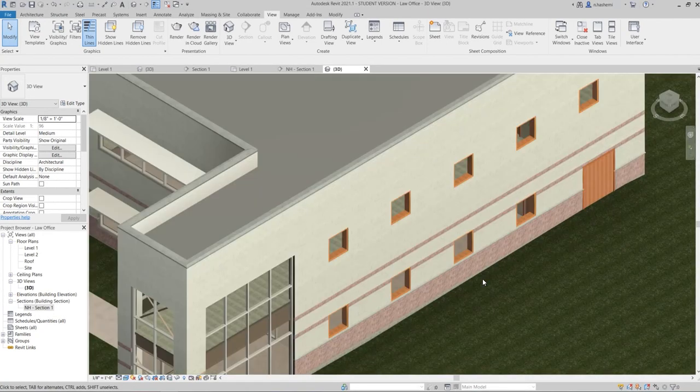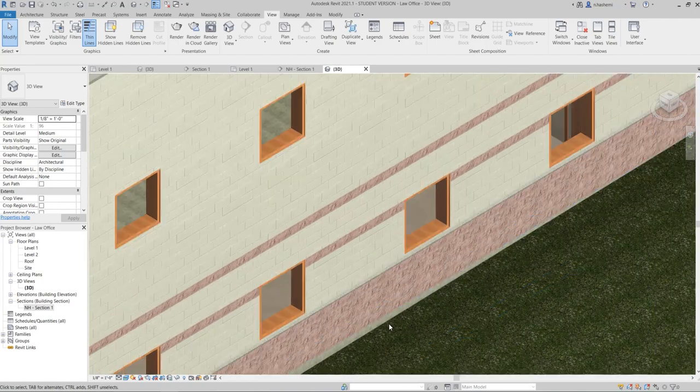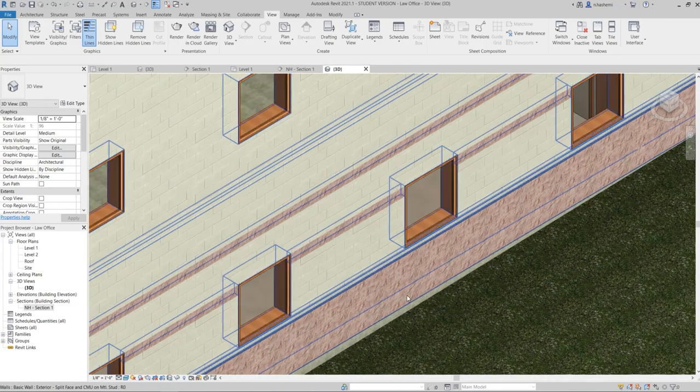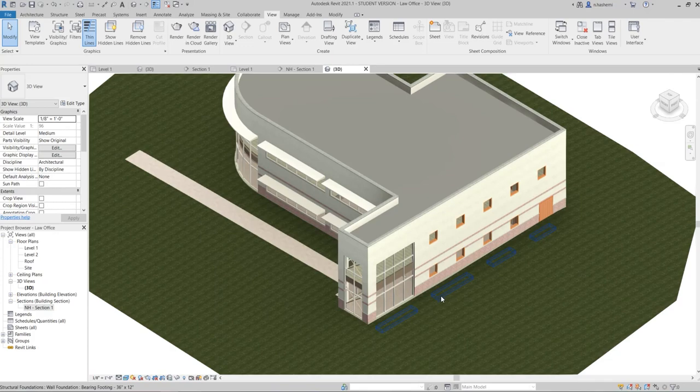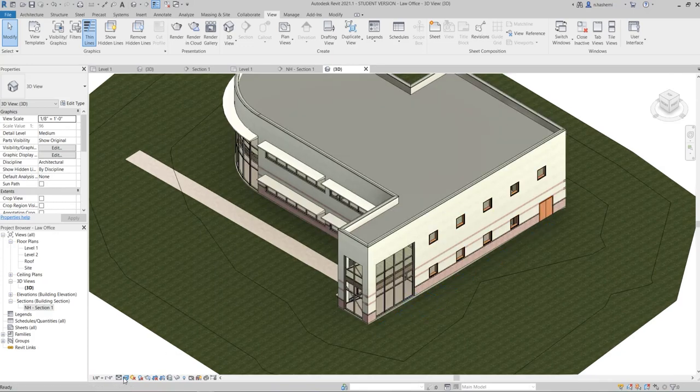Okay, and what you can see here is realistic, actually. We can see the actual materials and things like that. I don't have a ray trace option here, but you might have that one on 2020, and that's even more realistic. Okay, that looks very similar to the actual render of the building.